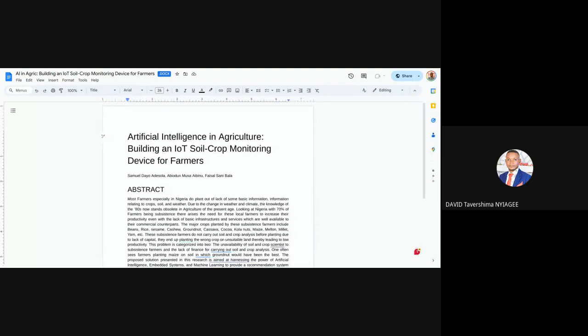Is there no way you can just give a heading of this artificial intelligence in agriculture and then put a link? Must it be added to Twitter? No, no. That was just a demo. It can be anywhere. It can be artificial intelligence, and then this can be anywhere. It's not a must.